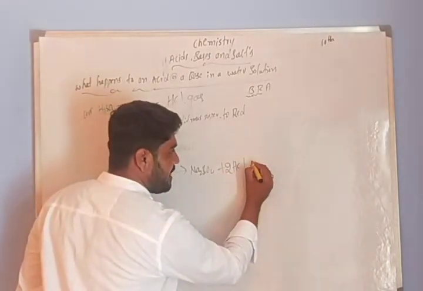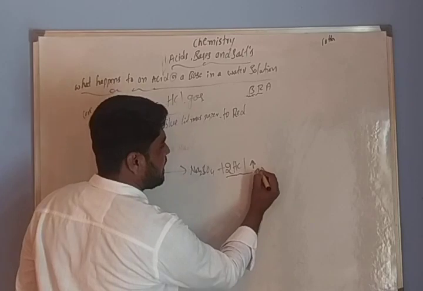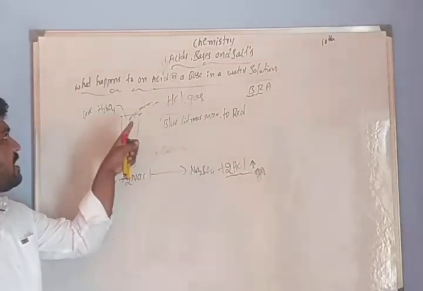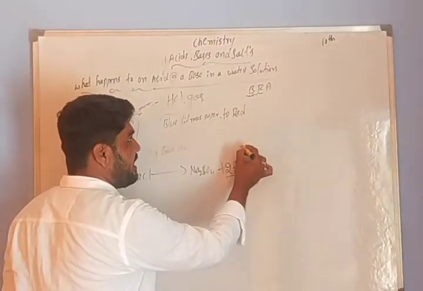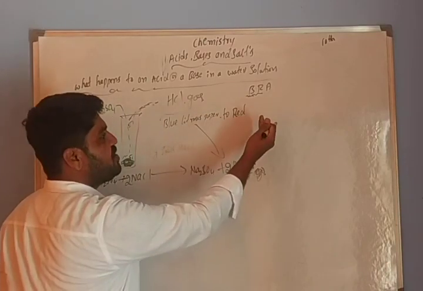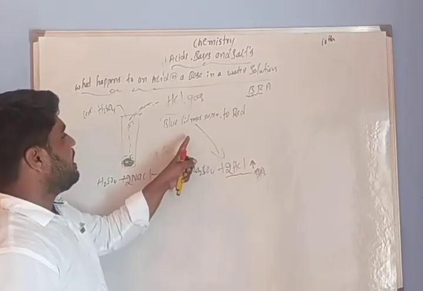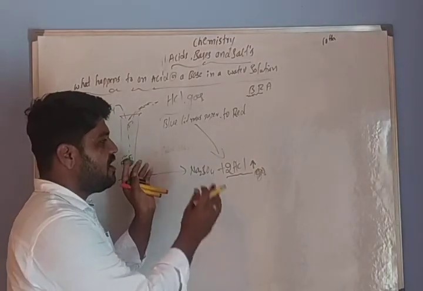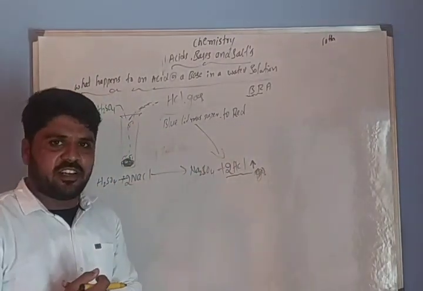Here the HCl is a gas, in the gaseous state, g. This reaction occurs in this activity. For this activity, if you put the blue litmus paper, this blue litmus paper changes into red color. What color? Red color. That is why we call this solution or this mixture acidic in nature. Which nature? Acidic in nature.